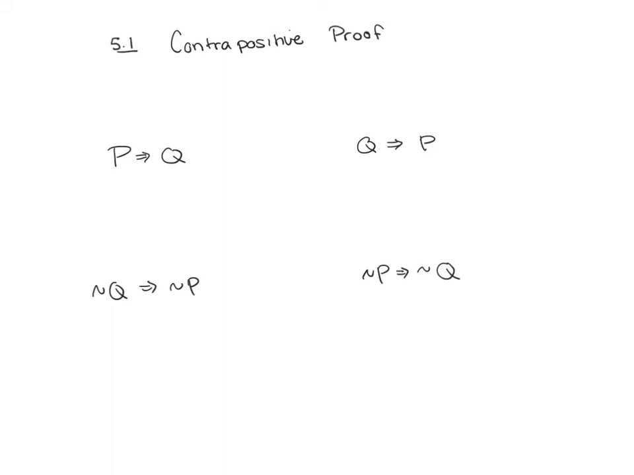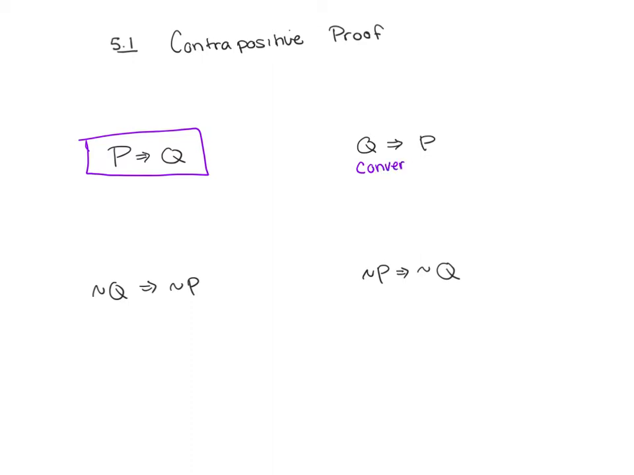Section 5.1 talks about proofs by contrapositive. Before we get into that, let's think about these different types of statements that we've seen before, and remember what their special names are. I'm going to think of P implies Q as my base statement, and compare everything to that. If you switch the order, so you have Q implies P instead, that's called